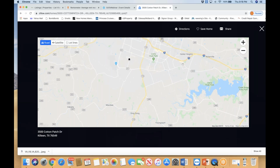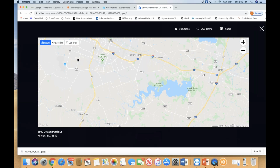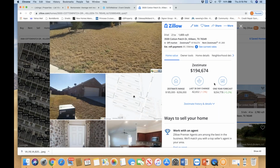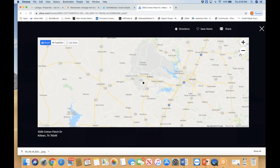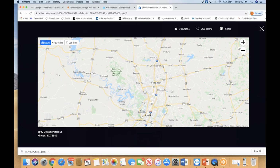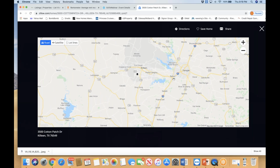All right, and then Killeen is located strategically 10 or 15 miles from the freeway, Highway 35, which extends from South Texas, from San Antonio all the way to Austin. This stretch of the area, Highway 35 goes a long way. It goes from San Antonio to the south and up north into Austin, then Round Rock, then Georgetown. The path of growth is where it's going. Then all the way, an hour north of Austin, is Belton and Temple,